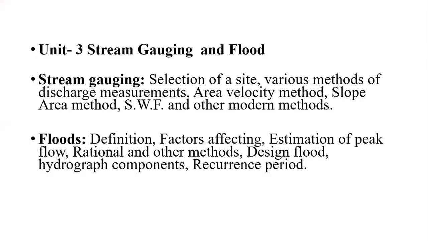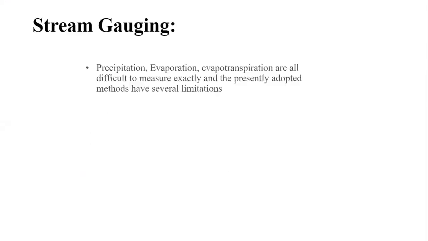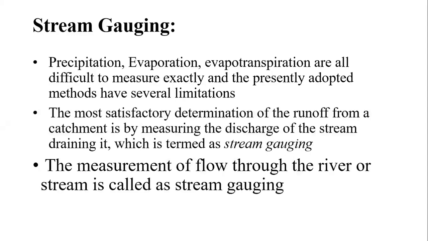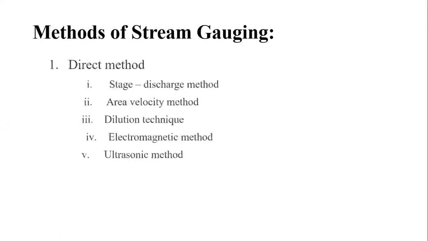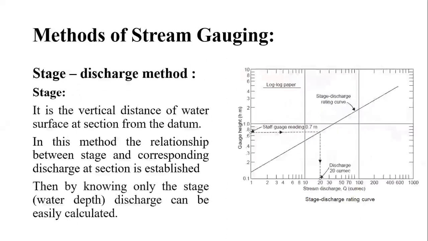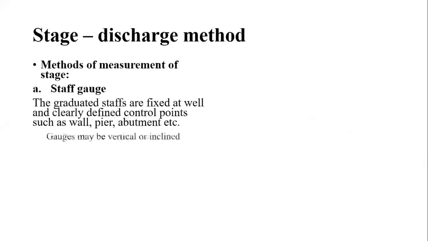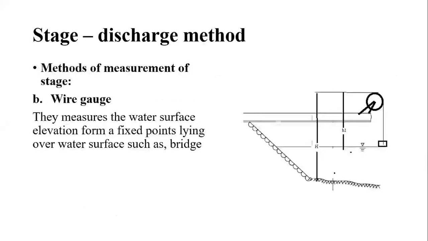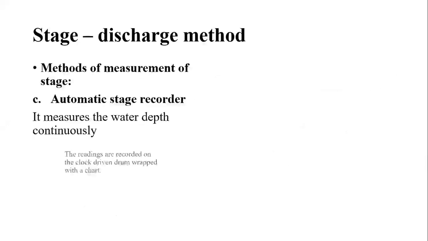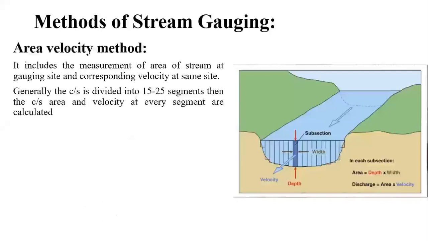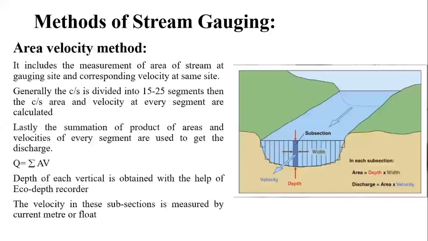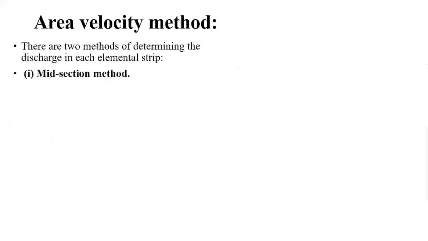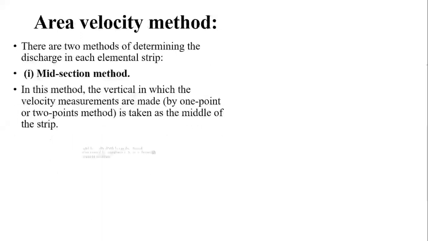We had seen its various advantages, how it is applicable, and how to find the various parameters, that is the velocities, then the areas at the section, and how it is divided into a number of strips. Then its two methods, that is the mid section method and the mean section method. Whatever examples we have solved were based on the mid section method.